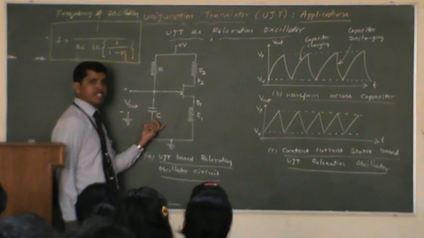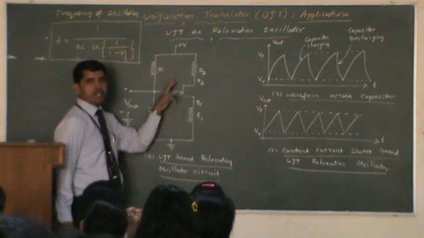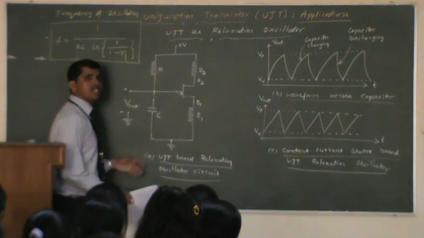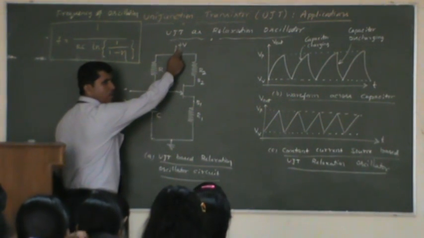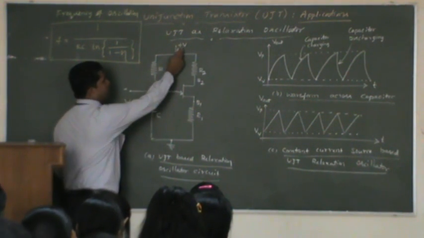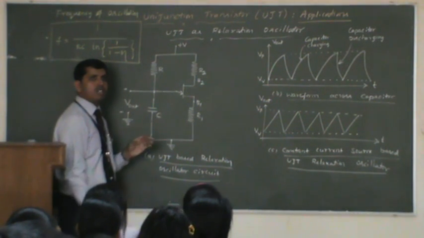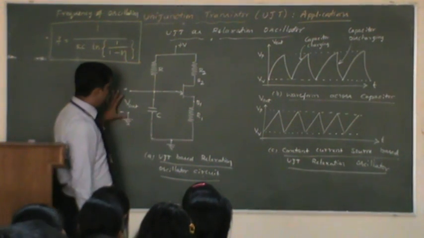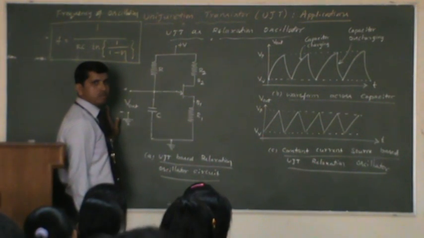But of course there is a capacitor and R2 as other elements. UJT plays an important role which works like an oscillator in this application. You can see how this works like an oscillator. Initially when you switch on this power supply, there is a plus V, which is a DC power supply, and for the circuit there is no output. Normally for an oscillator circuit we don't have any input, we just have to observe the output.